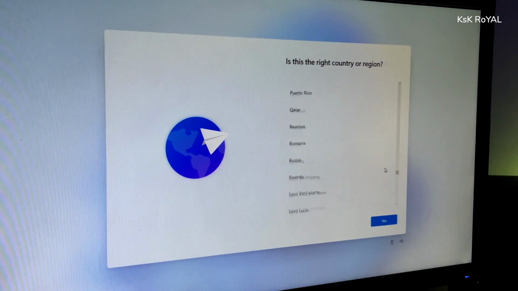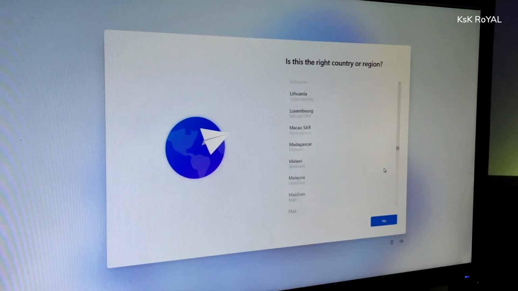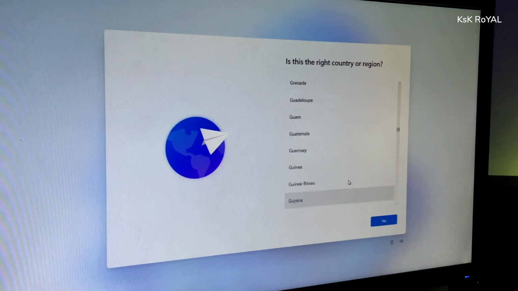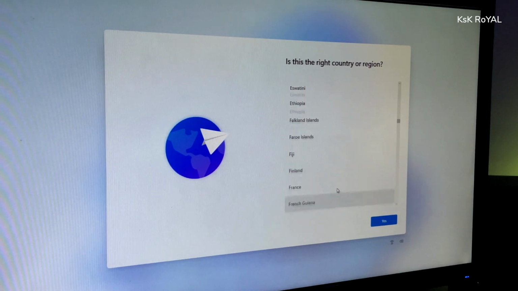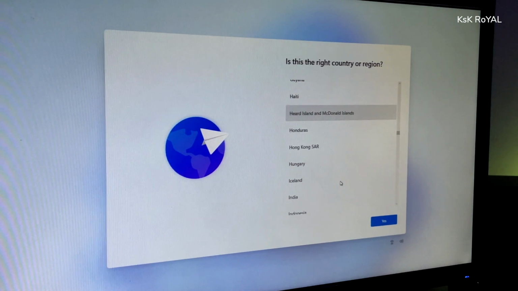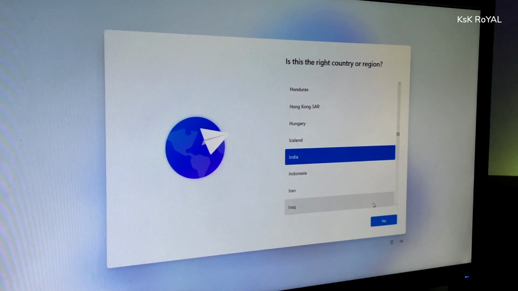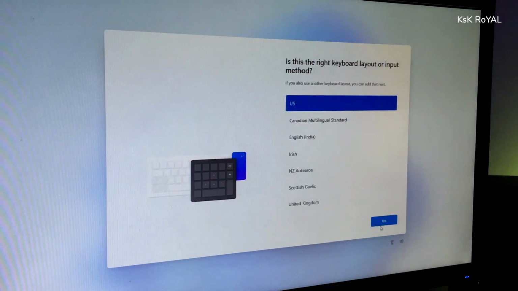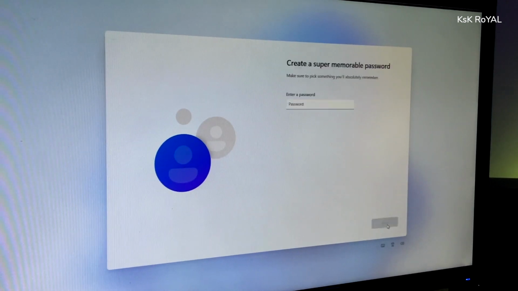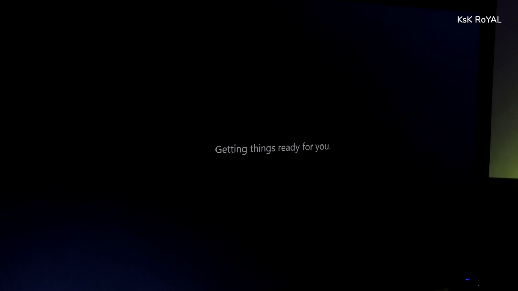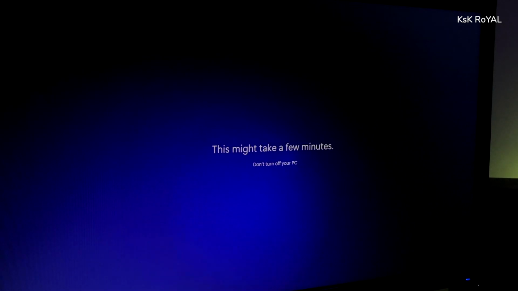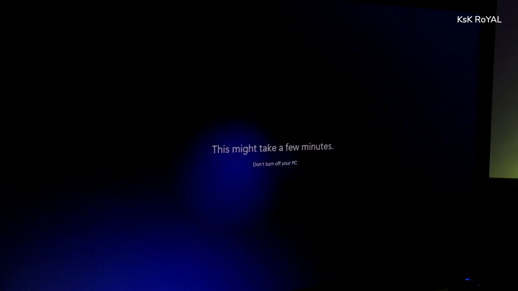Now, after some time, you can finally see the welcome screen of Windows 11. Go ahead, disable the internet connection on your computer by removing the Ethernet cable. This way, we can bypass the welcome screen very quickly. Now follow the on-screen instructions and set up the brand new Windows 11 on your PC or laptop.